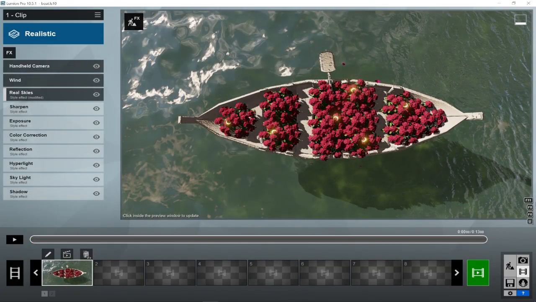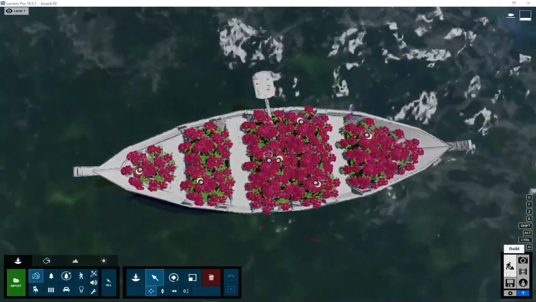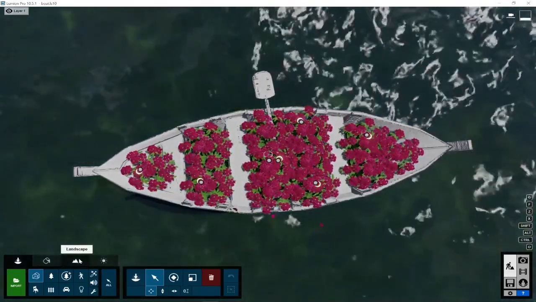Before we start rendering, I'm going to add one more tip. We see here in the final clip the color of the ocean is a little bit on the green side, and this is due to the lighting with the color of the ground. In case you want to change it, go to Build, Landscape,